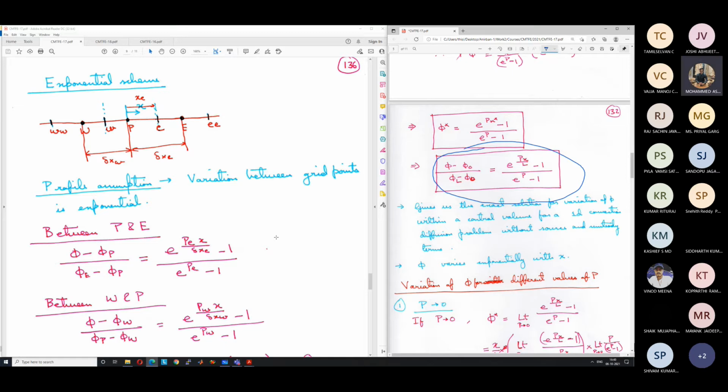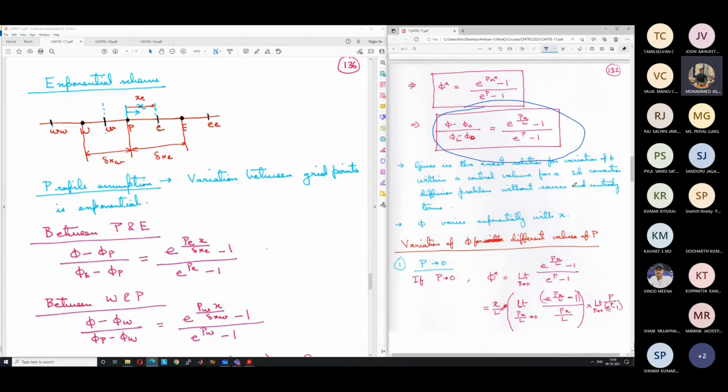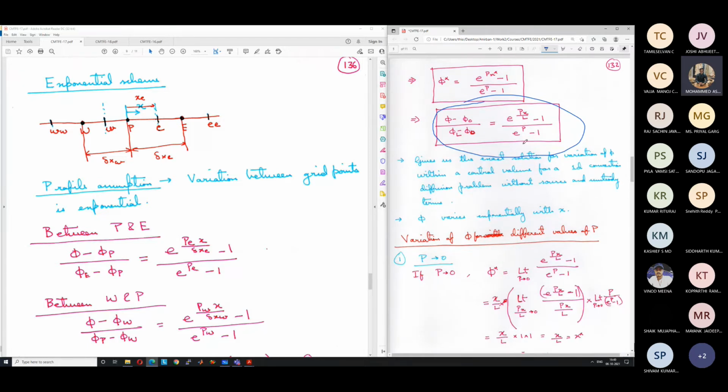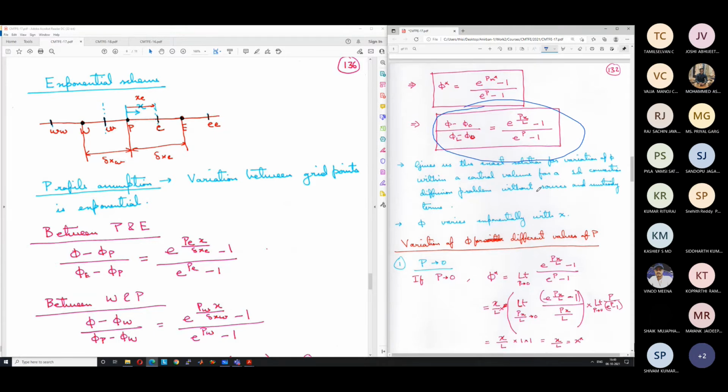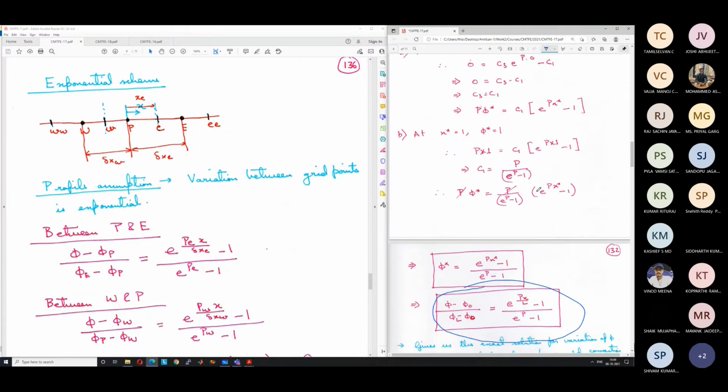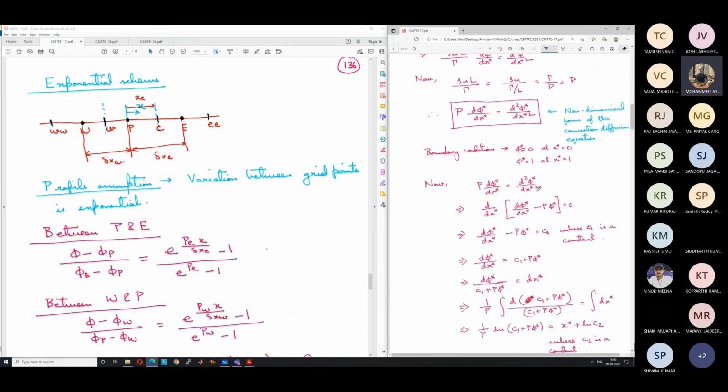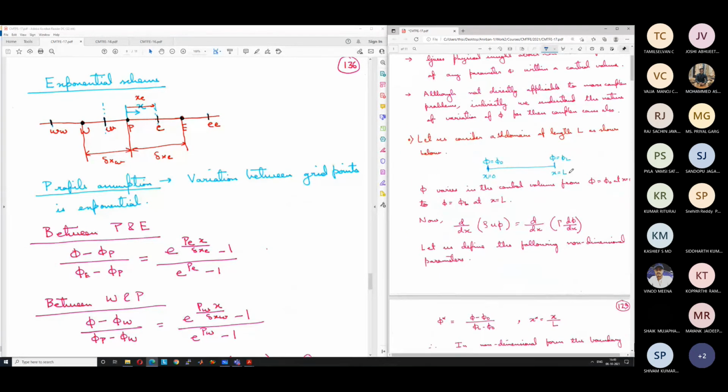Sir, I have a doubt. Yes, please. In page number 132. Yes, this page. Rounded off that equation, no, sir. Which one? This one? Yes, sir. What is capital L here, sir? What length? This is the length of the domain. Okay, sir. x equal to 0 to x equal to L. This is the length of the domain.